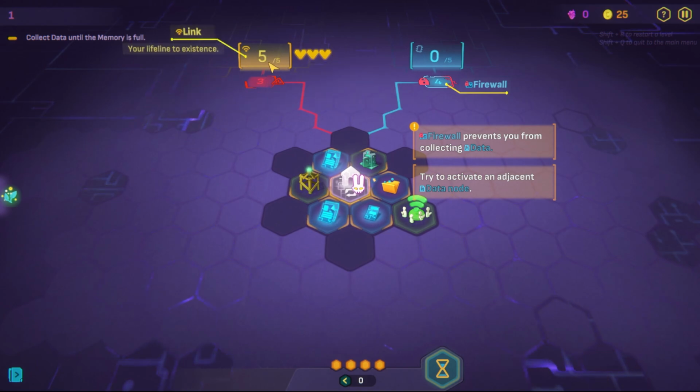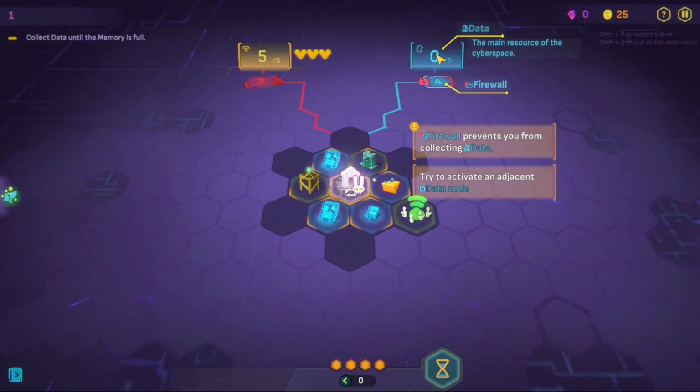We're going to want to try to work on getting the trace amount dropped so that this becomes 0. We don't take any damage. The firewall thing is new, so we've got to break through the firewall until we can start filling up our